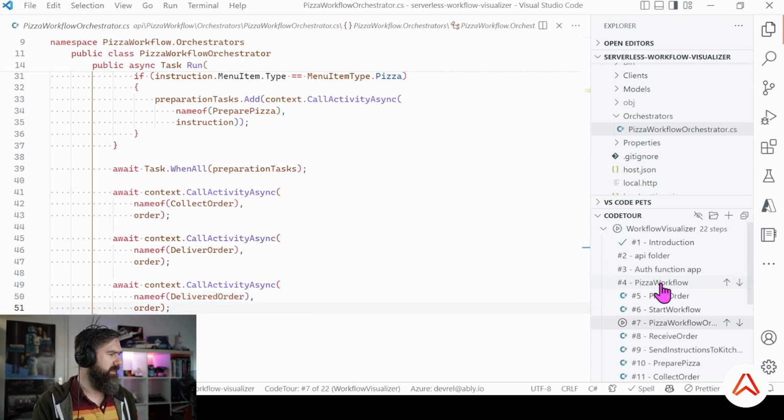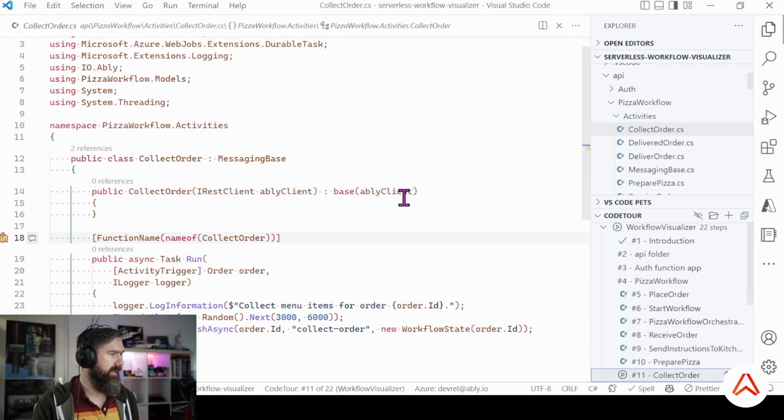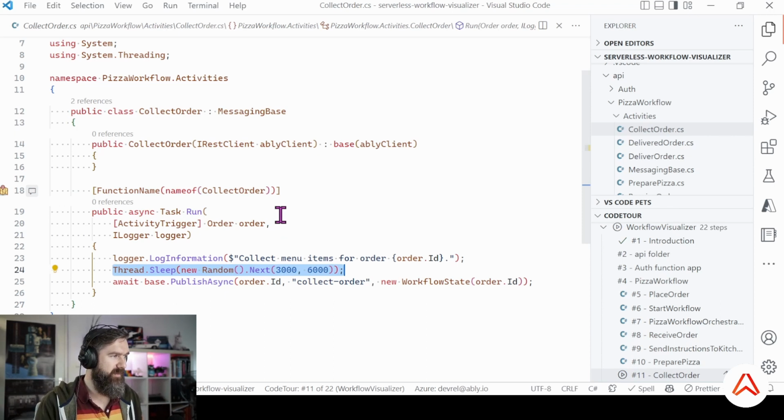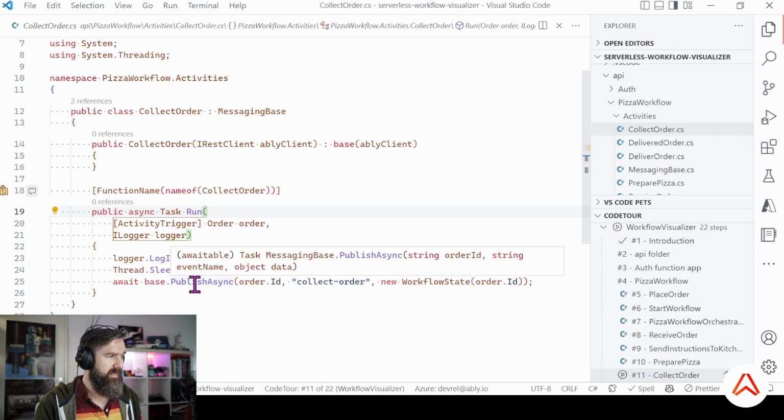So if we look at one of these activity functions, for instance, the CollectOrder activity function, it's very small. It doesn't do anything meaningful right now because it's a demo. We're just logging some information. We're doing a thread sleep to just simulate some processing time, so the workflow is different each time, duration-wise. And finally, we're using the base class to do a publish async. We specify an order ID and the name of the event that we're publishing, and some event data, which is